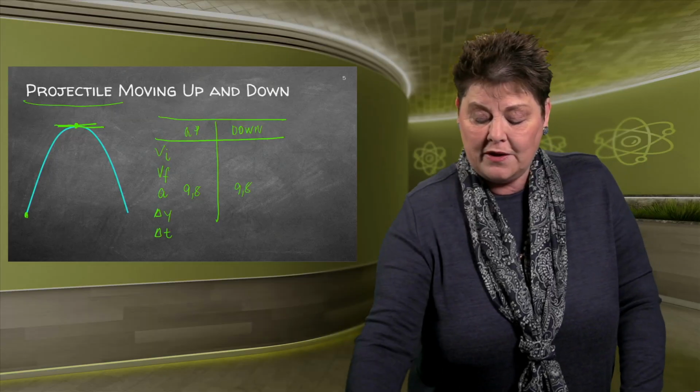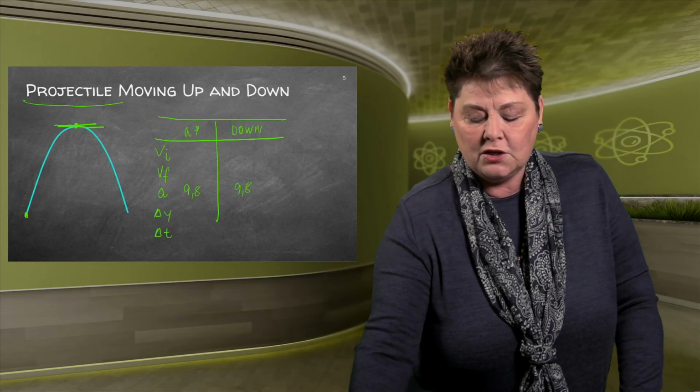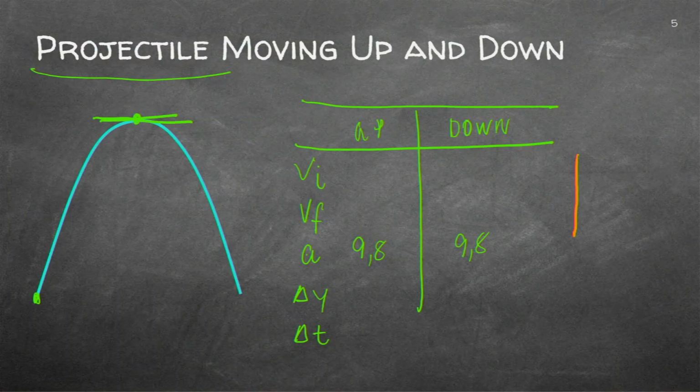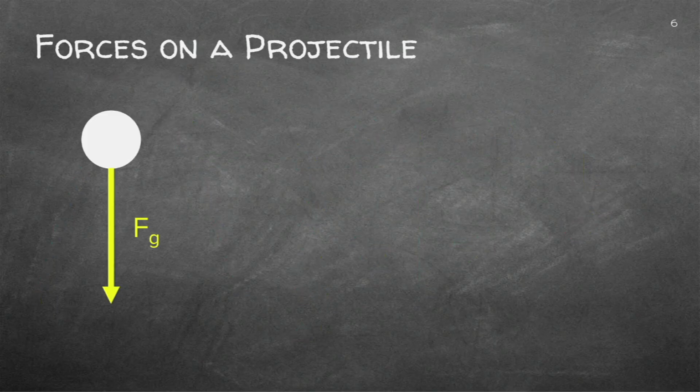A very, very important factor will be to see what the direction of movement is. I usually choose the downward as the positive, and I'll explain to you now why. But you can choose whatever you want. I'll show you just now that in some cases you can choose the upward as positive. Make sure that the examiner, the teacher, sees which direction you allocate the positive sign to. So let's go and see why it is a projectile.